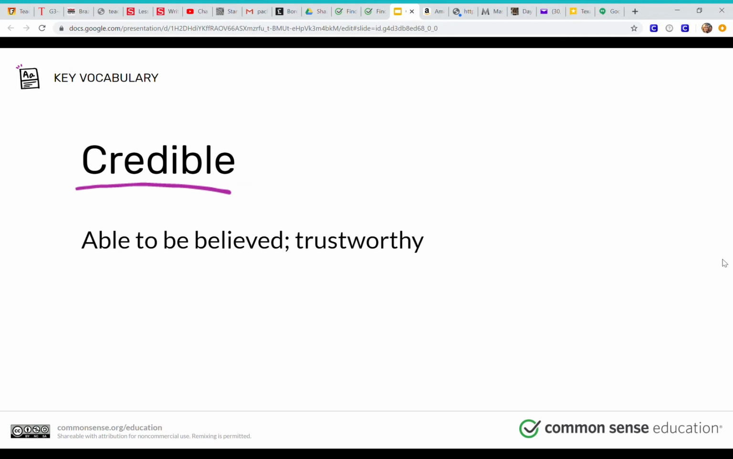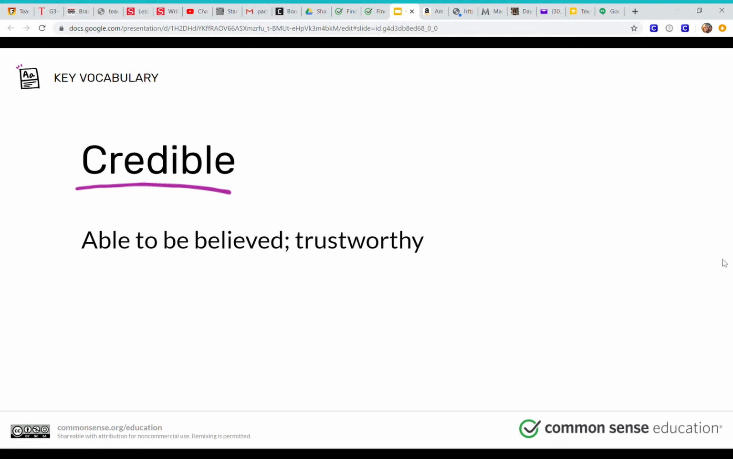All right, and I will also post this PowerPoint onto Dojo so you can go back and look at it whenever you need, okay? So, credible. It means able to be believed or trustworthy. Okay, so that's why we use it when we talk about news that is trustworthy. We call it credible news. Okay, it's because you can believe it, it's true,